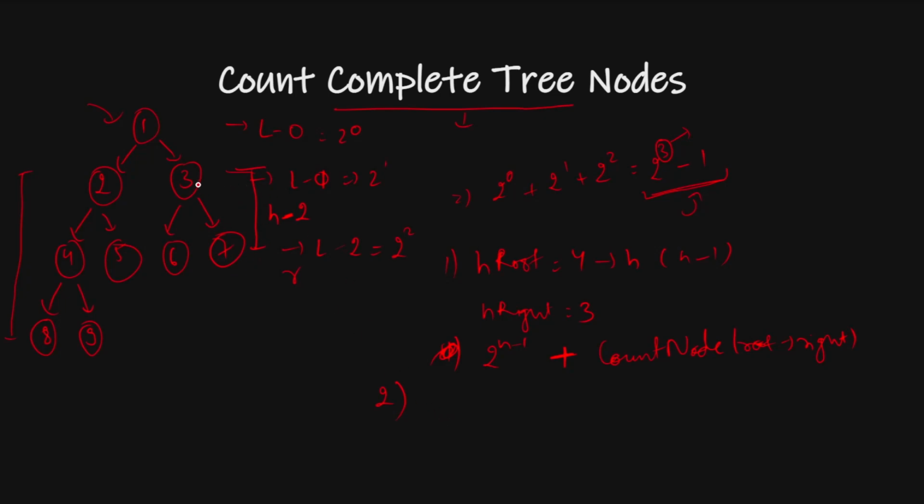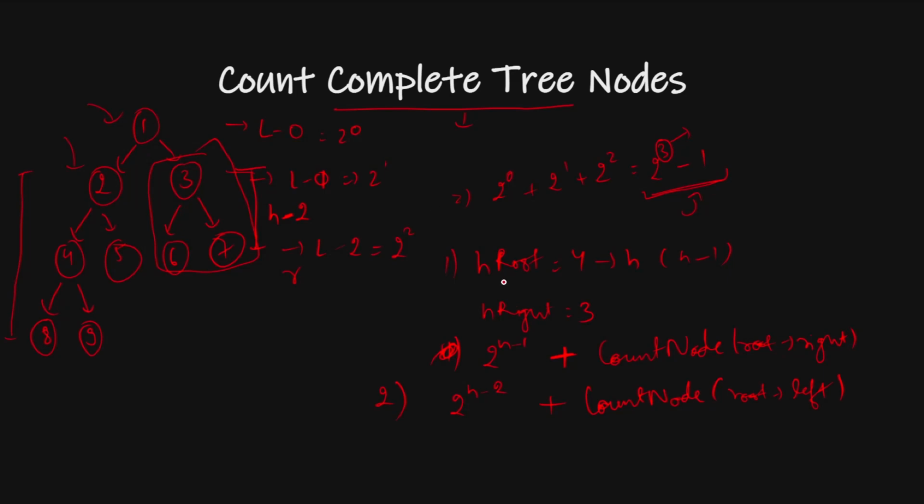So how many nodes will be there? I can calculate. For every node we have 2 children, so I can say that it will be 2 to the power h minus 2. This number of nodes will be there. And then finally I will calculate count node of root right, left. In that case, I will go to the left. I hope this makes sense. Now, everything makes sense to you.